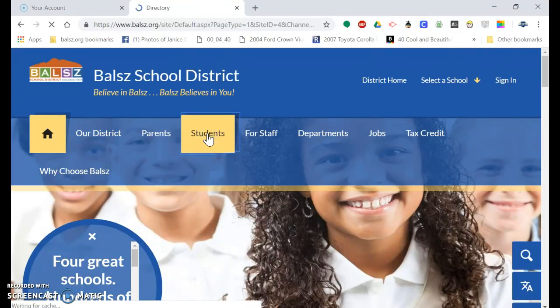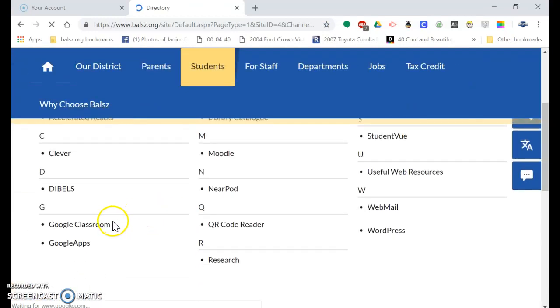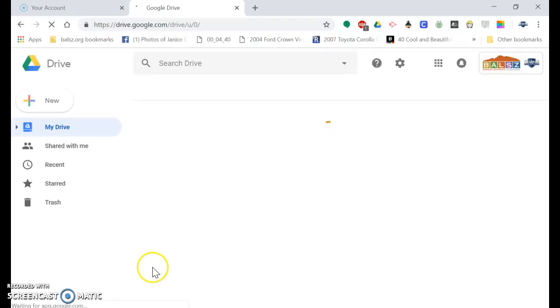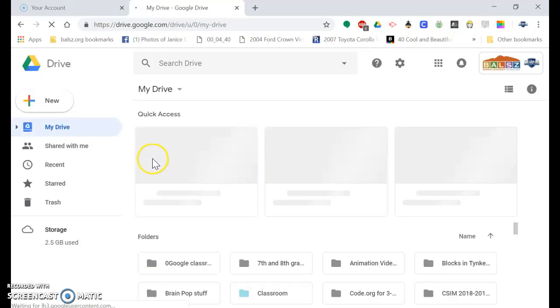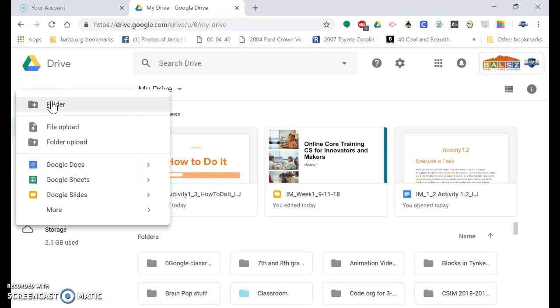Student, and then we're going to go down here to Google Apps. And as soon as you have Google Apps opened, okay, next thing you're going to do is get a new one. So you're going to click on New once you've got your Google Drive open. Click on New. All right, and then we're going to look down here and see where it says More down